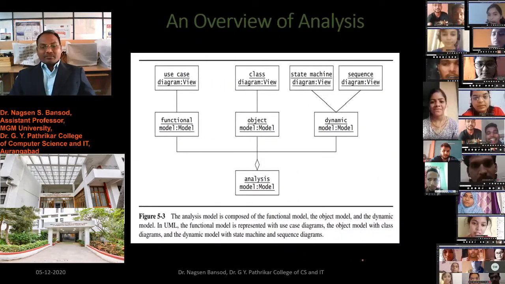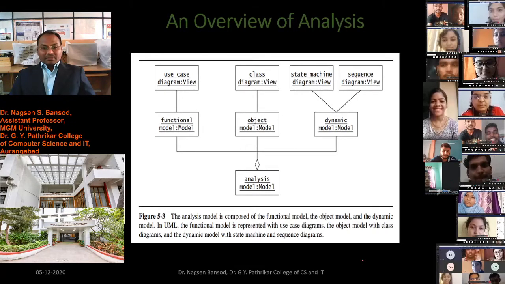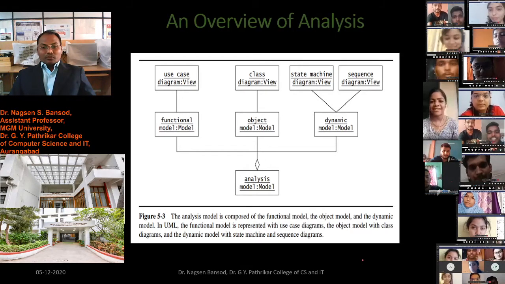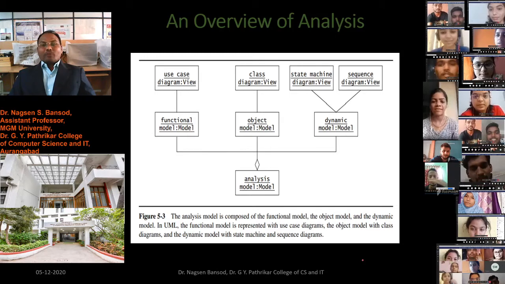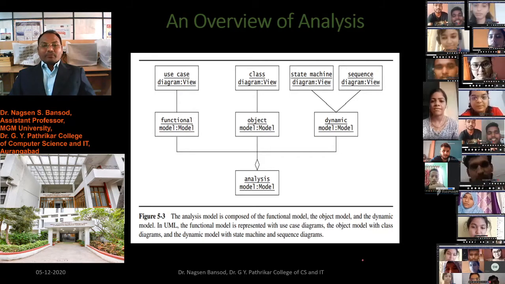The analysis model is composed of the functional model, the object model, and the dynamic model.